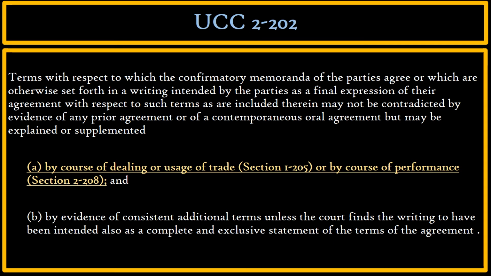And the answer is, it can't contradict, but it can explain or supplement. So if we have a written agreement and we want to admit evidence of course of dealing, usage of trade, or course of performance, it is admissible to explain or supplement the written agreement, but not to contradict the written